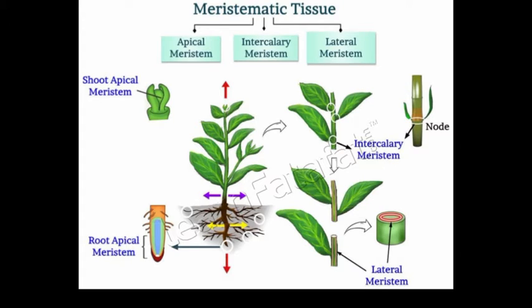As you see in your slide, there is meristematic tissue. If you talk about the tissue, tissue is a group of cells that are similar in structure and work together to achieve a particular function. Most of the tissue in plants are supportive, which provide them with structural strength. These are dead cells, and they work to provide mechanical strength to the plants,